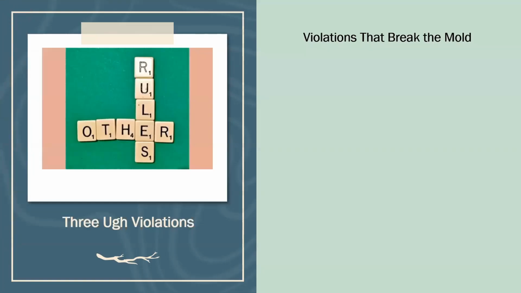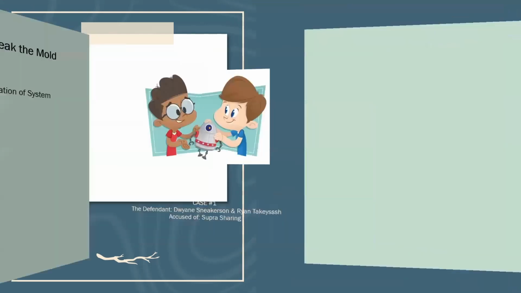All right, now we're going to talk about the 3 UGs. These are rules that are spread out throughout the handout, or the Part MLS rules and regulations, that are not in a section. They are throughout the rule book. Let's talk about those. The first one is the no loan of a key. Unauthorized access to the system. Your agent reports. So let's talk about these 3 guys here.